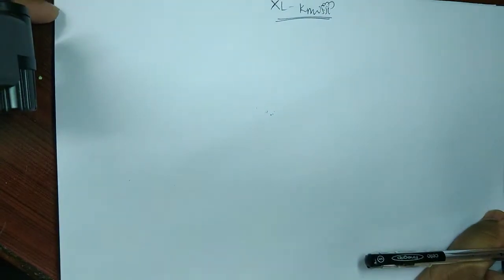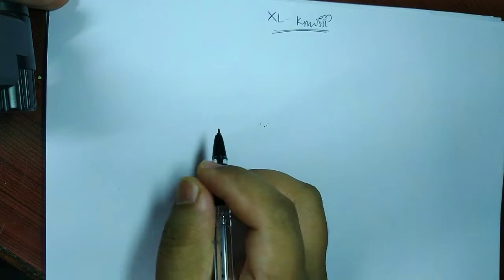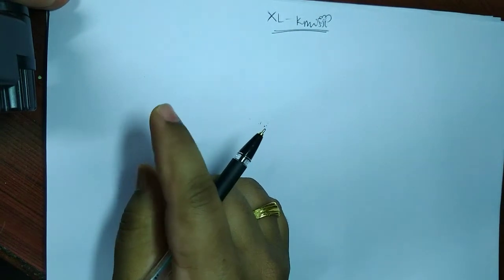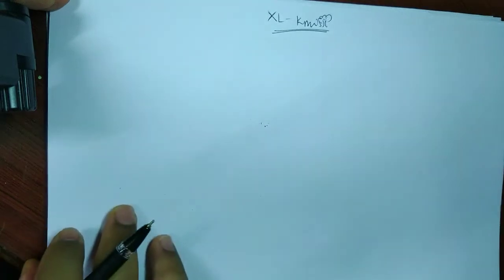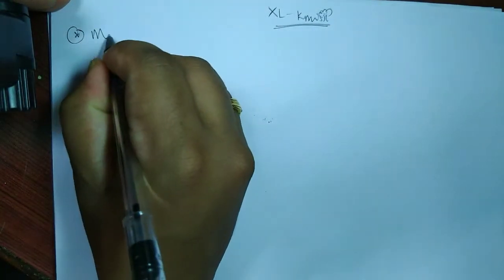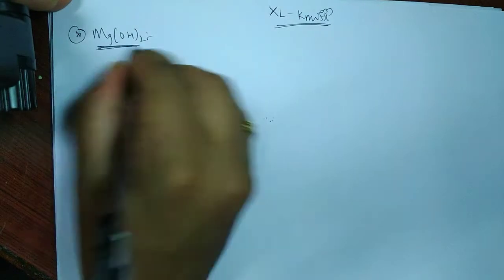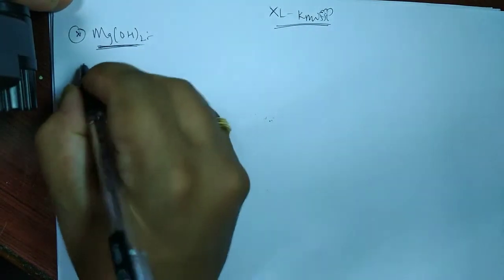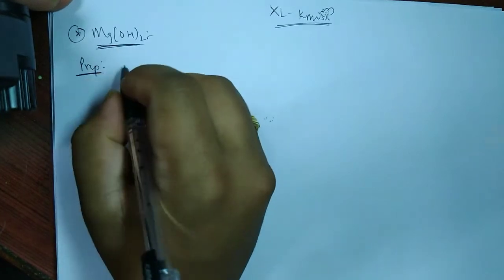So today we are going to talk about magnesium and its compounds, further compounds. We spoke about magnesium oxide, that is magnesia, in the last video. Now some more compounds, that is magnesium hydroxide and magnesium carbonate. First let's do this one. As usual the study remains the same: preparation, properties and uses.